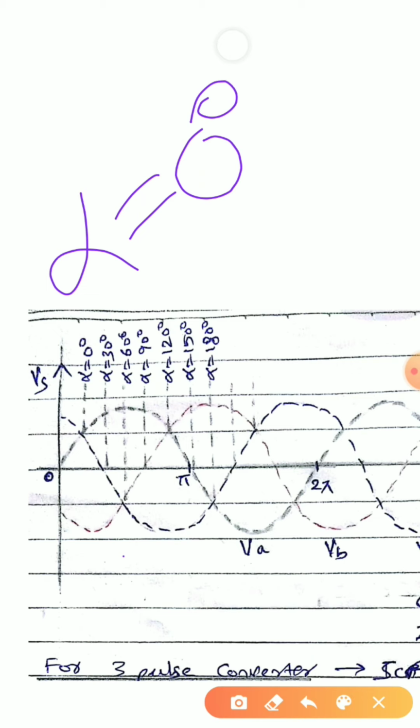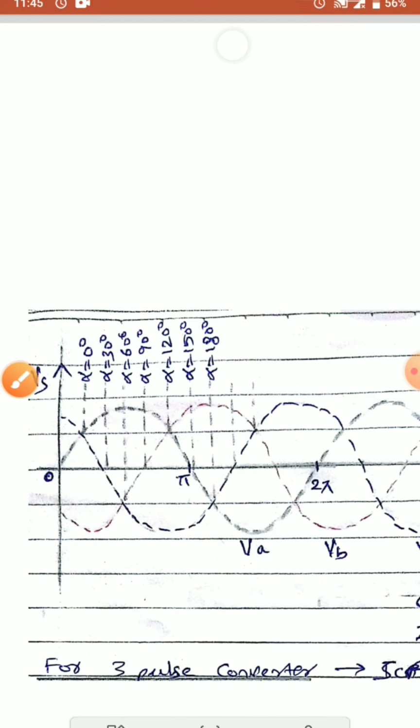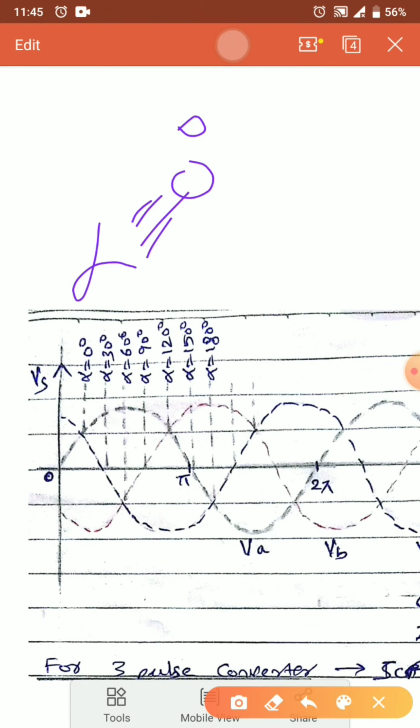We have to consider that at the same time, for example, if I take this time, here I can see that there are three components of my waveform. The first waveform is reaching the maximum, the second waveform is having some negative values, and the third waveform is also having some negative values. The second waveform is having increasing negative values and the third waveform is having decreasing negative values. So if I am turning on thyristor T1, at that instant I have to check what is the value of the other waveforms. So if I give a firing pulse at 0, it doesn't mean that my thyristor will directly start conduction at the same time.